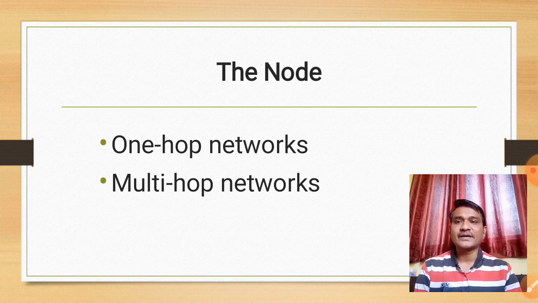So there are two types of network that you have seen. One is the one hop networks and the second one is the multi-hop networks. In one hop networks, the death of individual nodes does not affect the work of the other nodes. The network can die gradually, and even if only one node is left, it can work correctly. Thus, node dying is allowed and does not need any special precautions in the implementation phase.